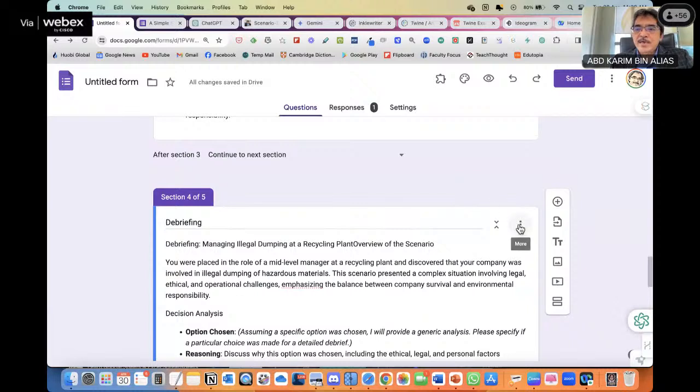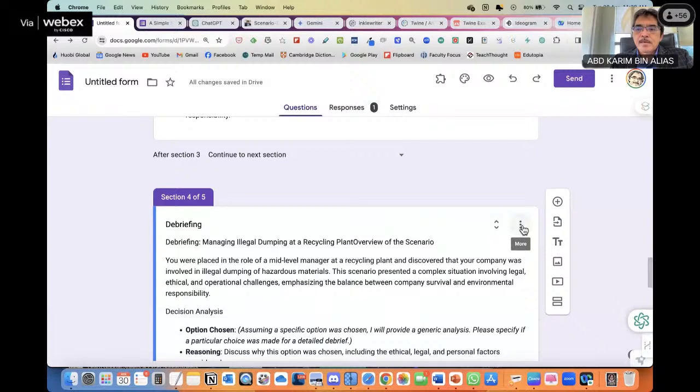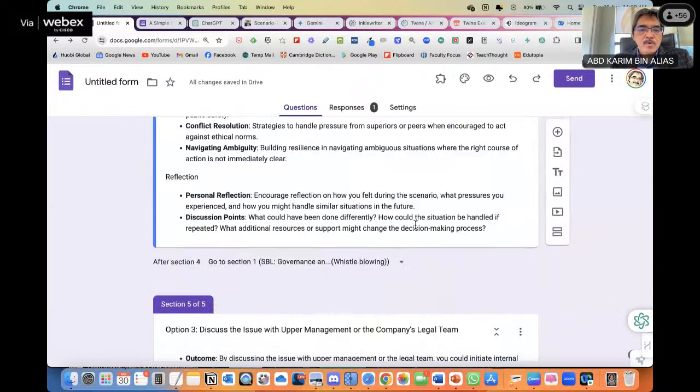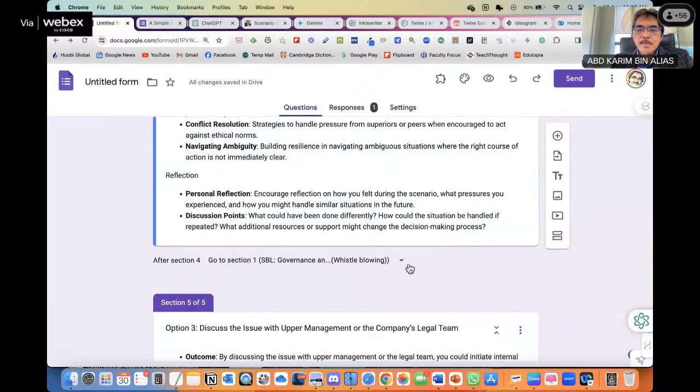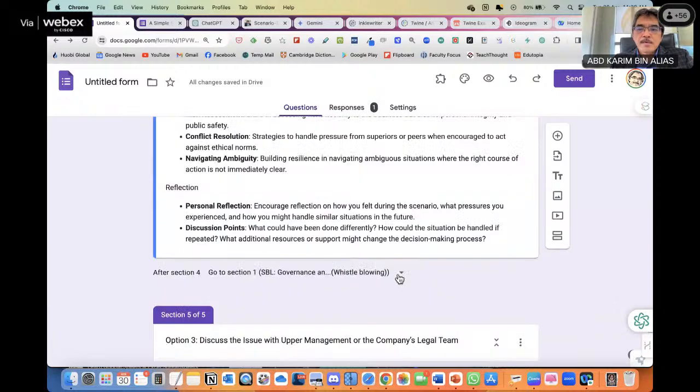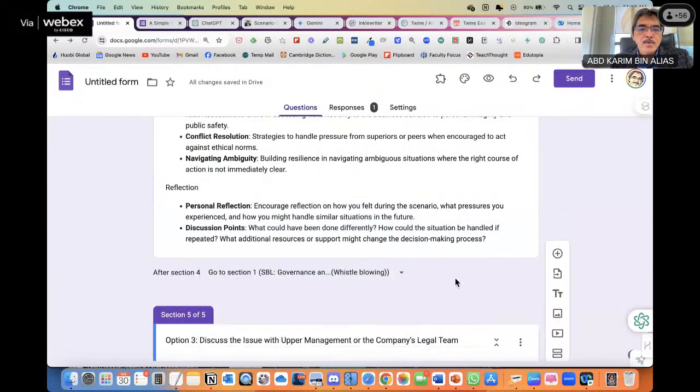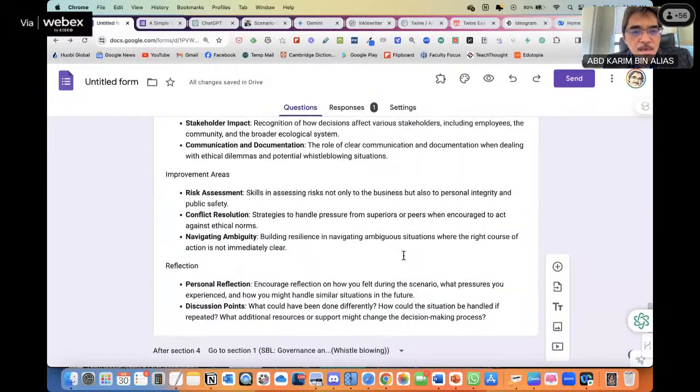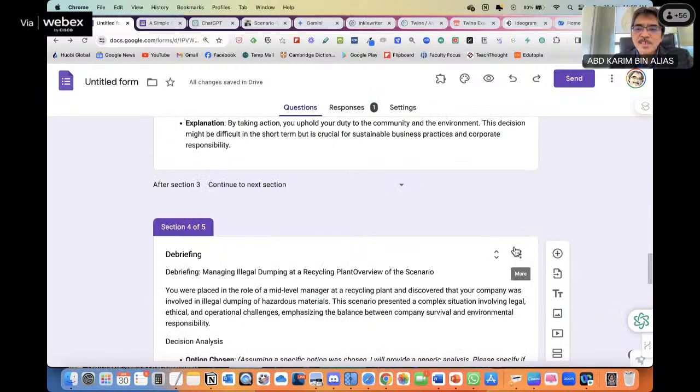How do I move this? Macam mana nak move section?